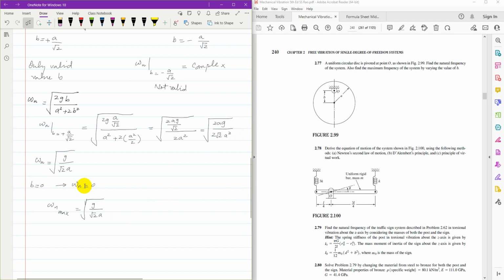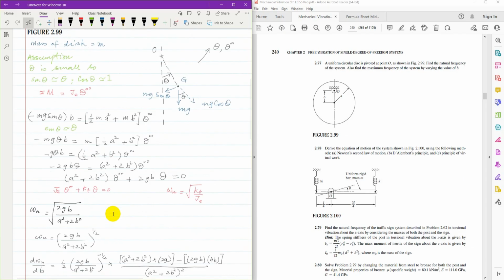So when b is equal to 0, natural frequency is 0, and when b is equal to a over root 2, the natural frequency maximum is root g over root 2a. So that is the solution of